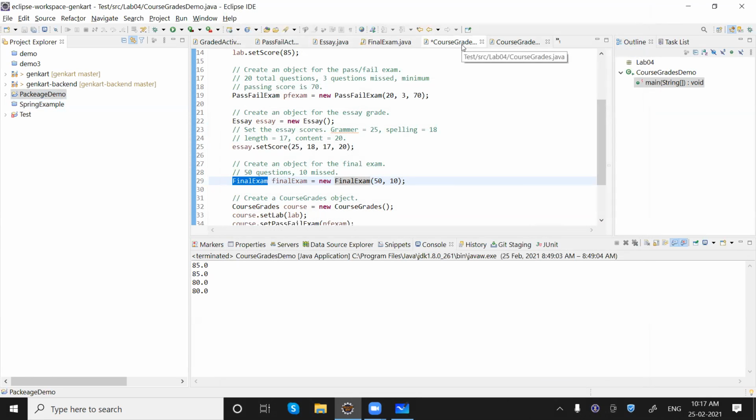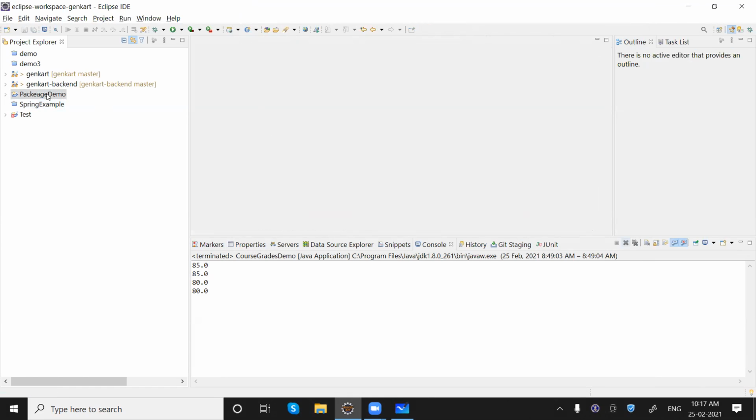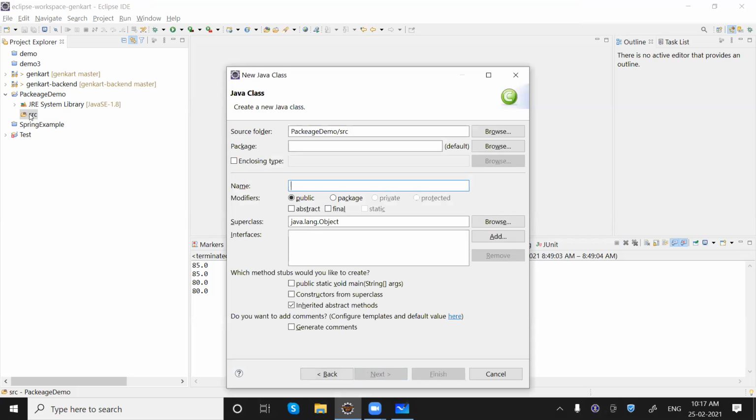Let me close all the files. I'm creating a class here, Person, in the default package.